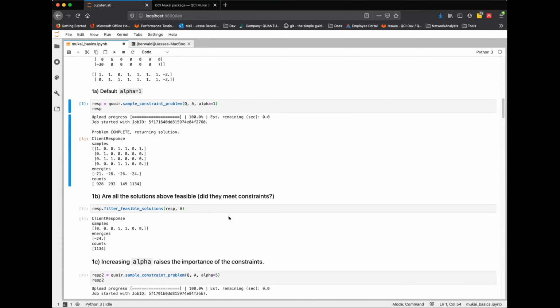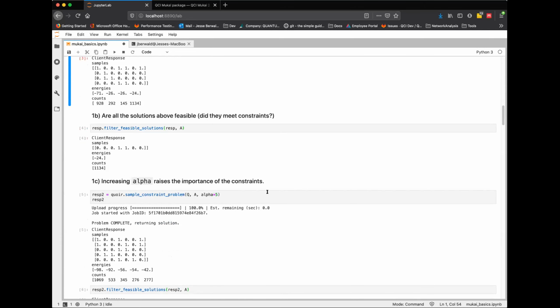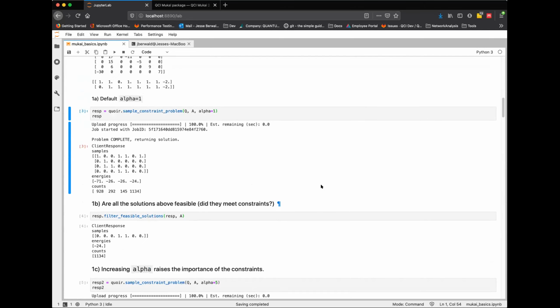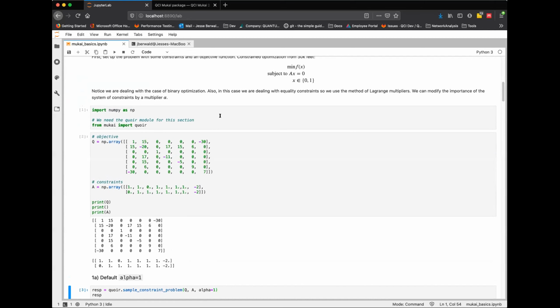So what we can do is, because we have, scroll up here, this system of linear constraints, and it's a system of equalities, we can use the Lagrange multiplier method.